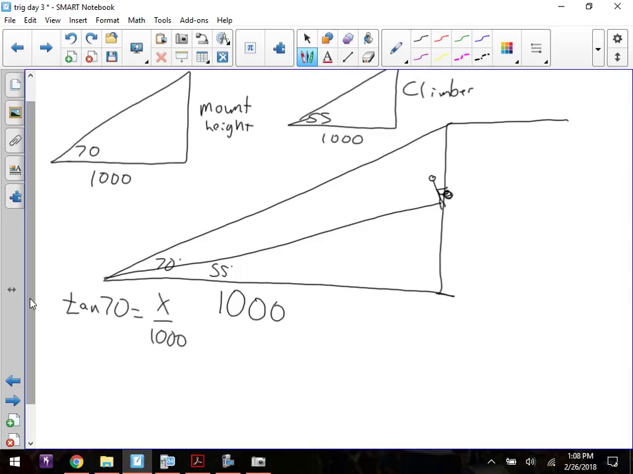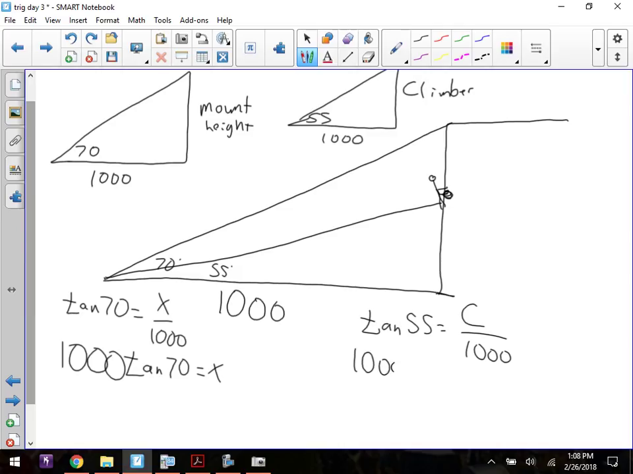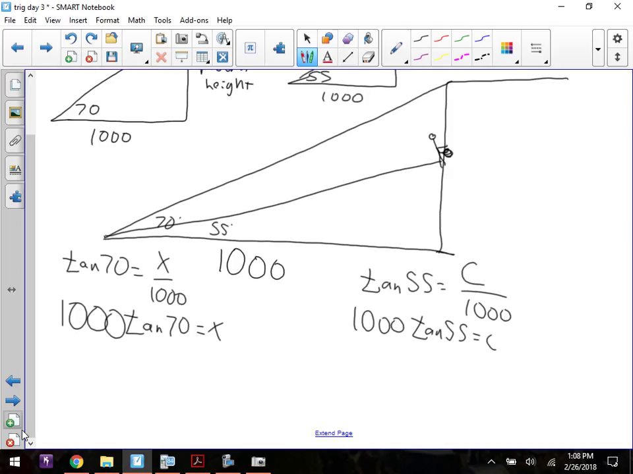And that was a really quick one to work with. When you knew the denominator, you just moved it over via multiplication, and you wrote down 1,000 times the tangent of 70 was your vertical height. The climber is the same basic idea, where the tangent of 55 is the climber, we'll use C over 1,000. And when you put this stuff in our calculator,